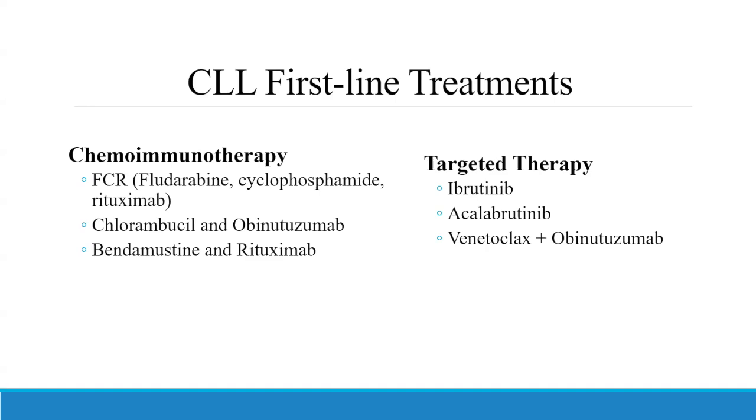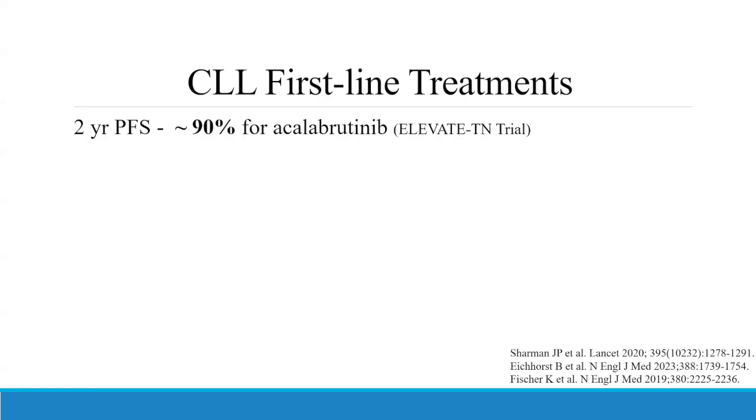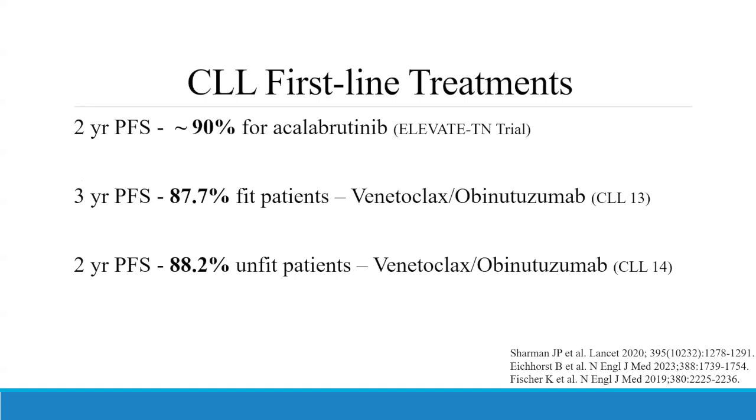Now we have more targeted therapy. We're using a lot more ibrutinib and acalabrutinib, which are BTK inhibitors, so pills that patients take, or combination regimens with a BCL2 inhibitor such as venetoclax with another type of anti-CD20 monoclonal antibody such as obinutuzumab. And how are these patients faring? They're doing very well. So although CLL is not curable, it is readily treatable. And we're looking at PFSs for these patients of anywhere from 90%, 87%, 88% if you were fit or unfit, on oftentimes all oral regimens that are very well tolerated.